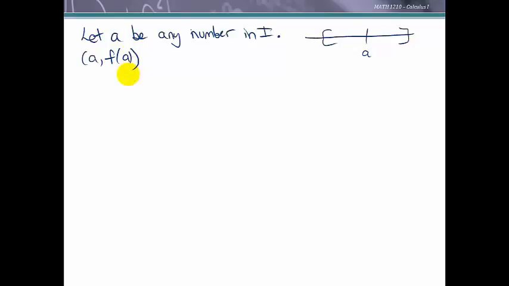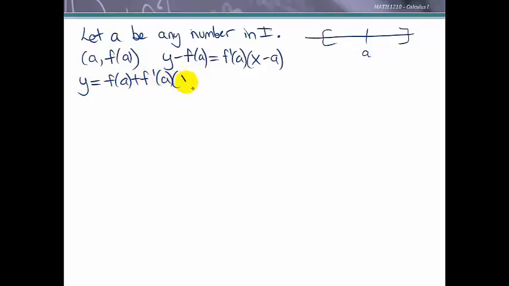So let's go ahead and write an equation to the tangent to the curve at a. We know that's going to be y minus the y from the point equals the slope, which is f prime of a, times x minus the x from the point. So of course we can express the tangent as f of a plus f prime of a times x minus a. So this is the tangent